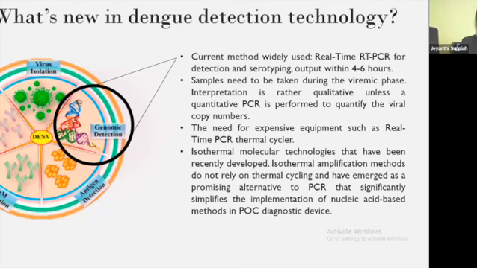But having said that, now we have commercially available quantitative PCR kits as well, where they provide the standards in the kit. So it doesn't take that much time. However, the limitation with real-time RT-PCR is the need for expensive equipment such as a real-time PCR thermal cycler. So in resource-limited settings, poor resource countries, where they do not have access to such highly sophisticated equipment, this might be a bottleneck. So in order to replace real-time RT-PCR, a new innovation called isothermal molecular technologies has been